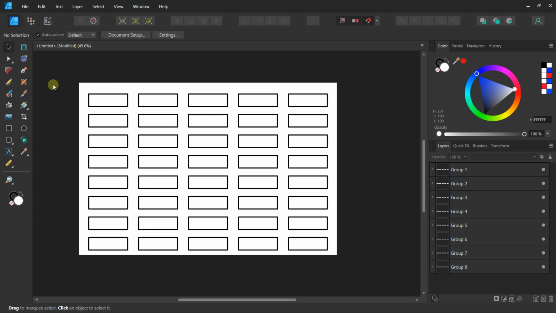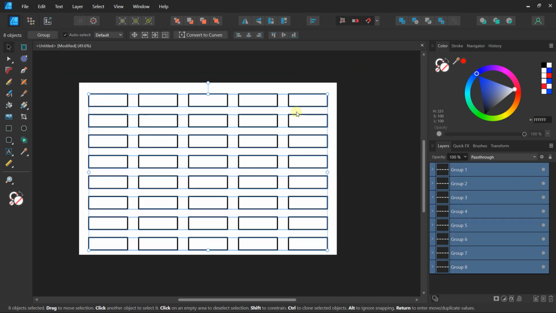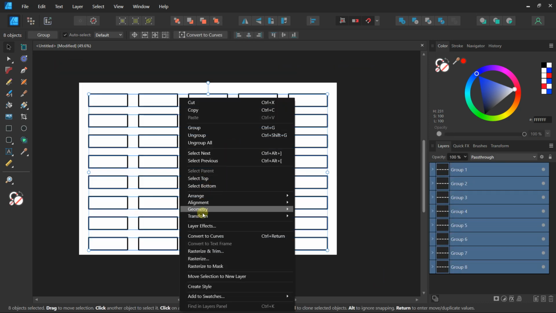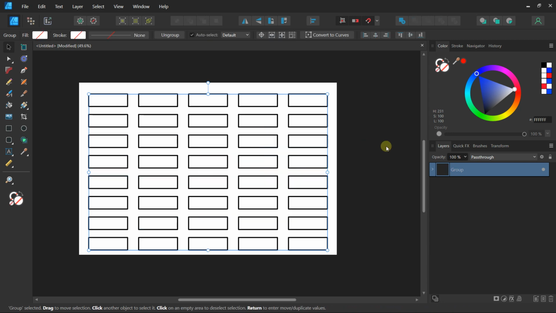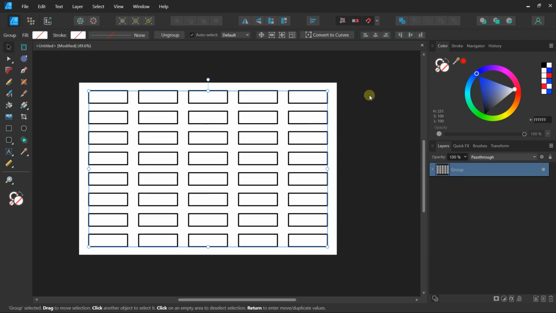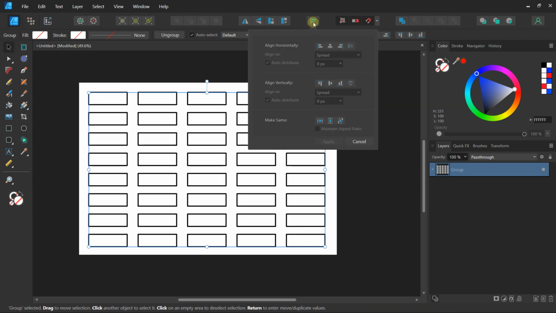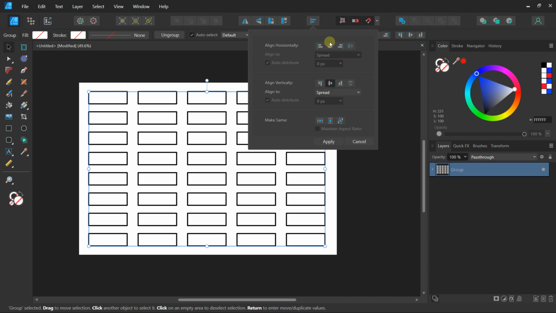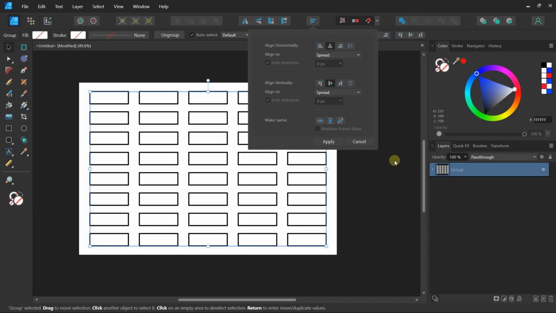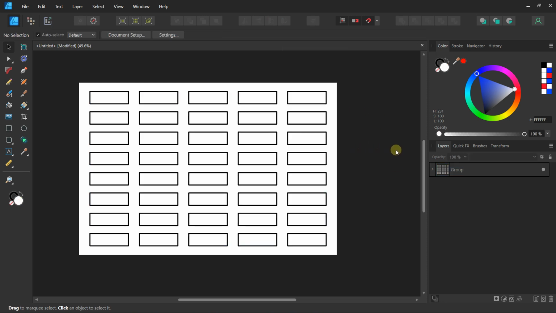Because I don't want this, I will create a group with all my groups. So I will select all the groups, right click, create another group, just like this. And now with these main groups, I can also resize them at my convenience. I can use align, and this time if I select align middle and even align center, it will be okay because I selected all the groups.